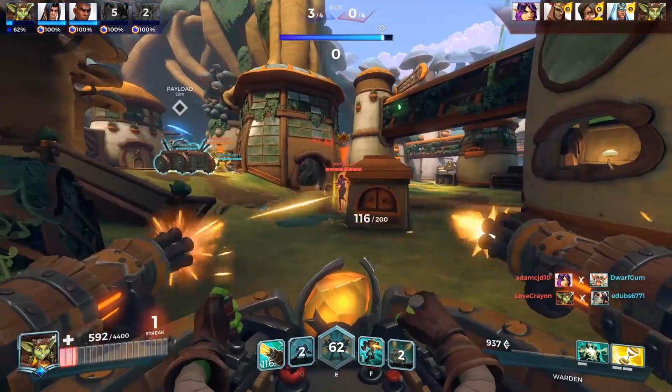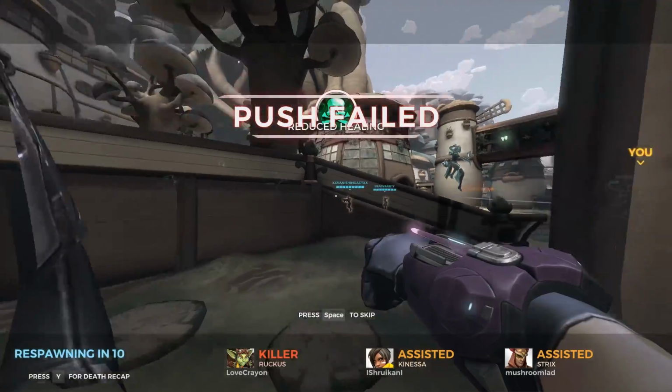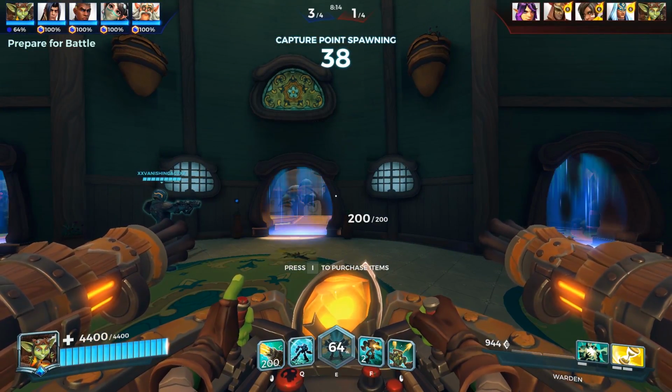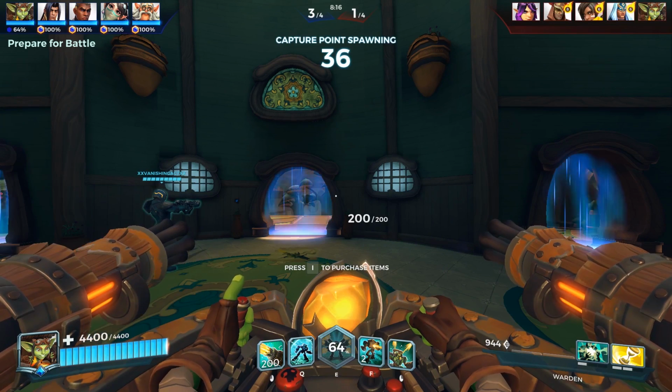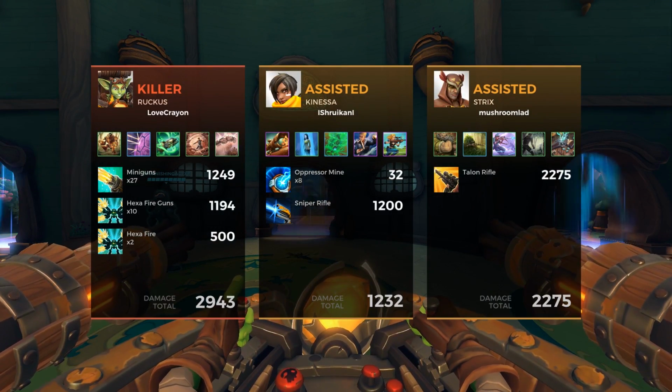Strix and Kinessa are on a serious streak. No one's by the payload. They're all fighting in the back line. We actually don't get this push. I am very surprised about that. All right, so they're making this a little bit more of a game. Will we see the epic comeback? Genos, Kinessa, and Strix are both on kill streaks, and you can see the Strix with a Talon Rifle just wrecking me,